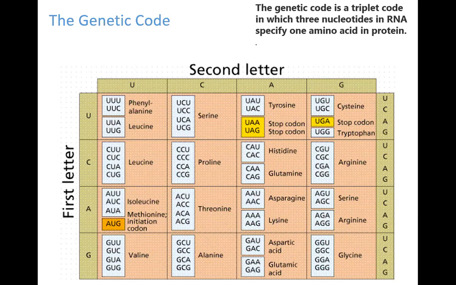And so there's really only 61 codons. We don't have to learn the 64 possible combinations. We don't have to remember which one codes for what. There's always a chart to tell you this. However, what is important is that we know how to identify what amino acid comes from what combination of bases. And so the triplet code of bases is always going to code for a unique amino acid. So for example, if we had ACG